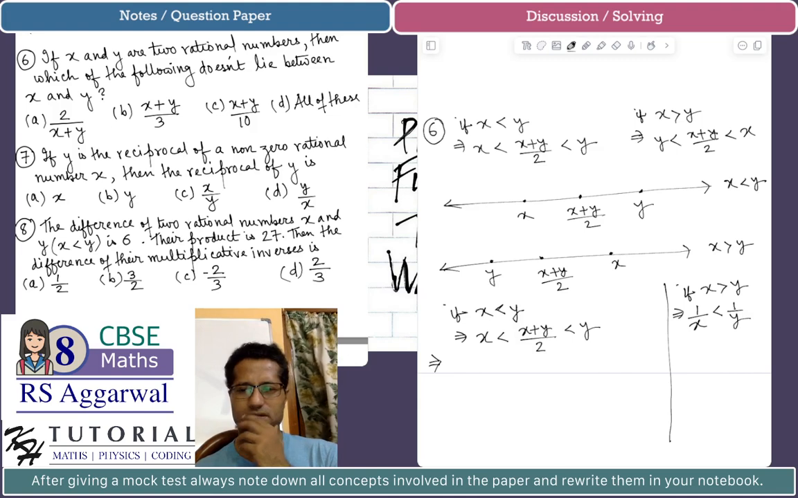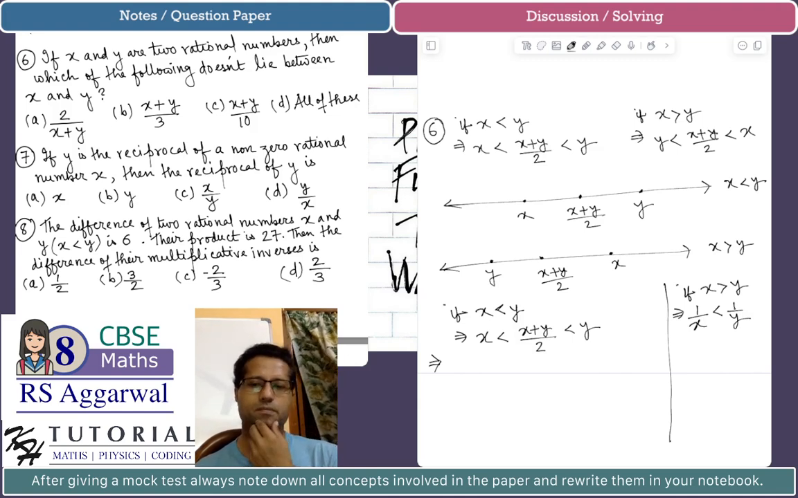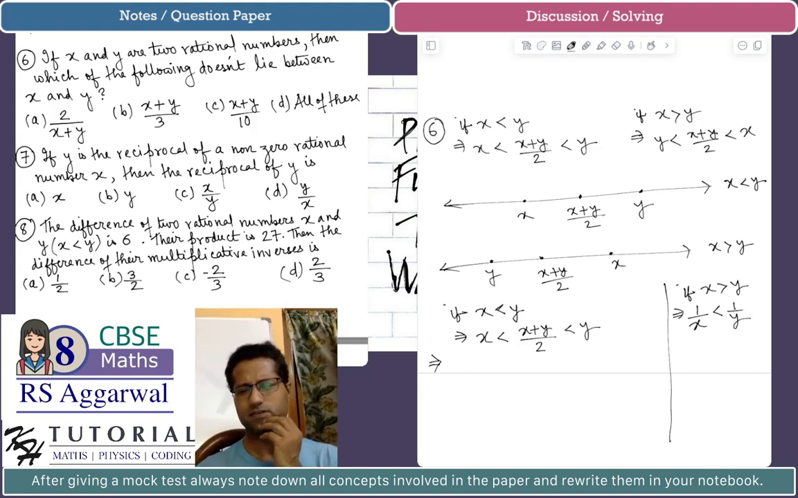1 by x is less than 1 by y. So if x is less than y, we have that (x plus y) by 2 is greater than x. Then 2 by (x plus y) is the reciprocal of (x plus y) by 2. Now the question is,